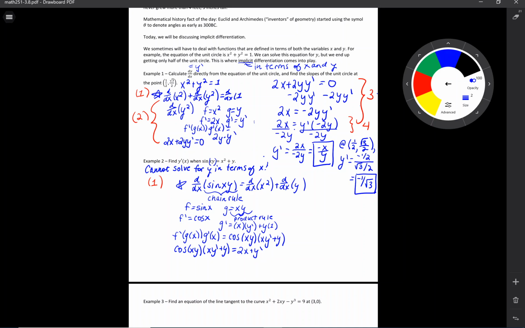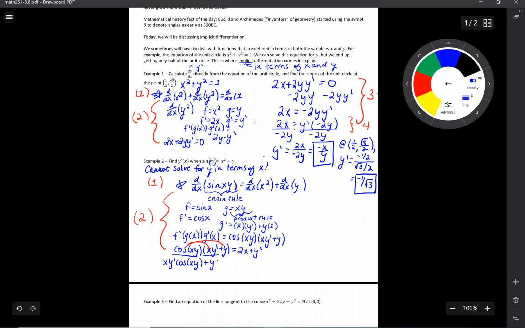All right, so this is my derivative here, and this was step number 2, finding the derivative. My next step is that I want to get everything with a y prime over on one side of the equation and everything without a y prime on the other side. So in order to do that, I first need to distribute or expand this first side in order to do the y prime stuff. So if I multiply cosine xy times xy prime, I get xy prime times cosine of xy